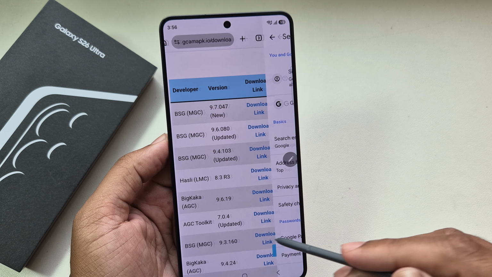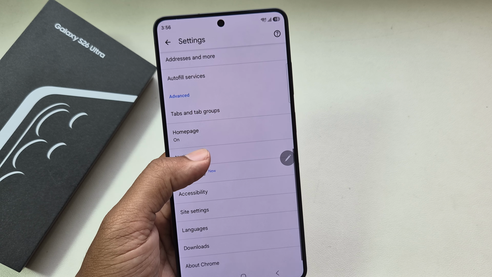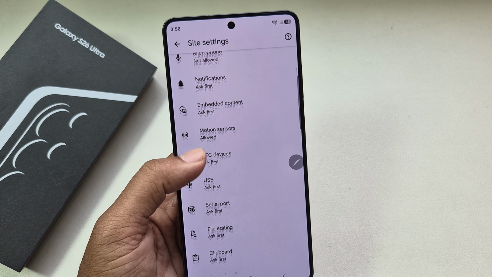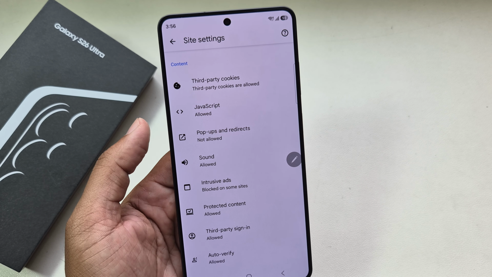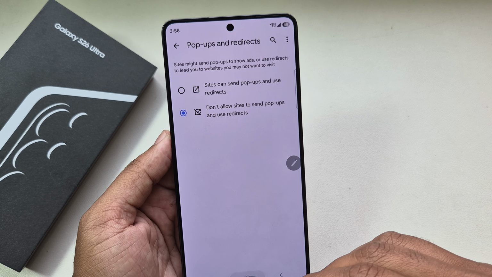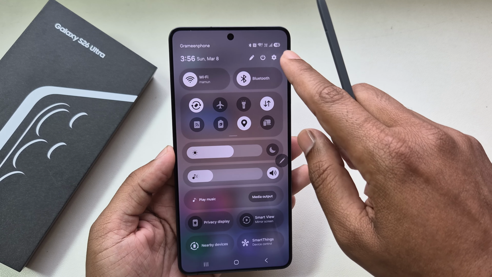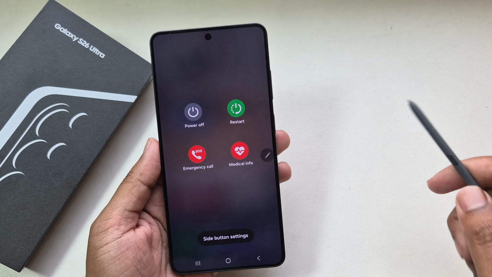to go to your settings, and here you can see the site settings, and from here check the pop-ups and redirects. Just select none. If it's working, then okay, and if it's still not working, then just